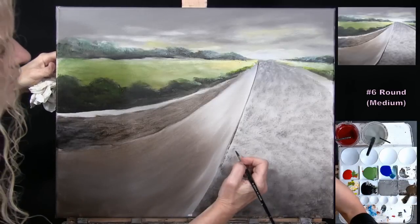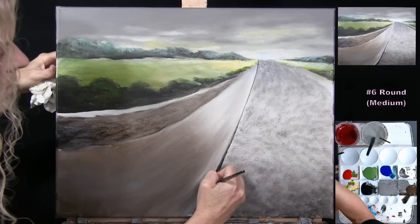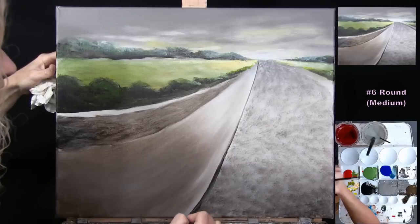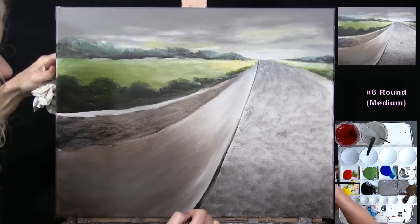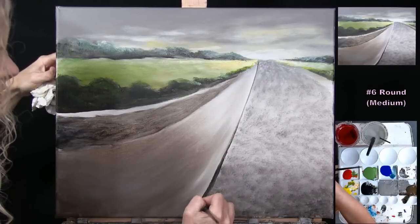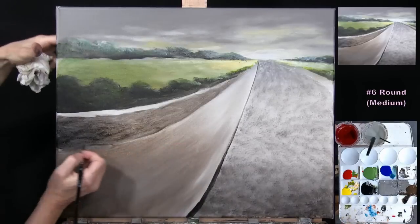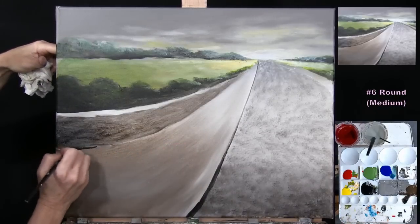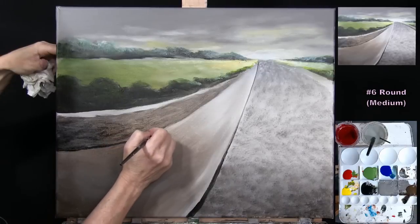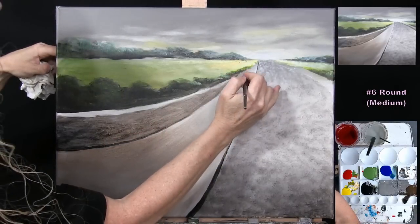Black and brown. This will be like the little edge to the platform, and just making it a little bit wider down here at the bottom as if the viewer can see a little bit of the side of it. So something like this. Not very much, but just a little bit. And then I'm going to just put a little bit of water on my brush. I'm going to make sure that I have a dark edge along where the wall meets the platform, especially in through there, so we can see the